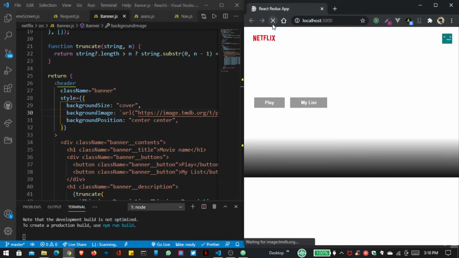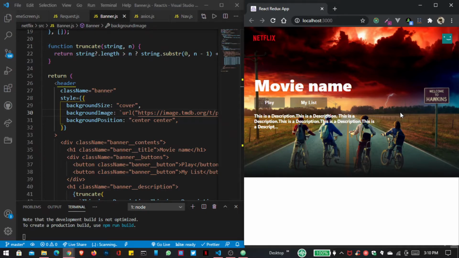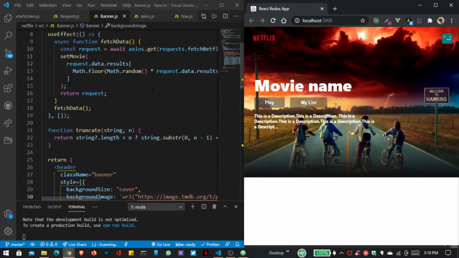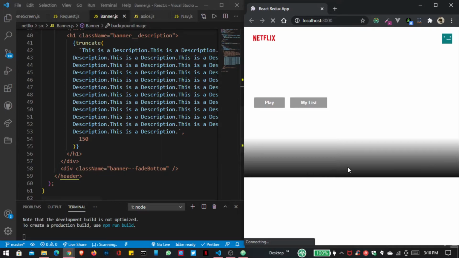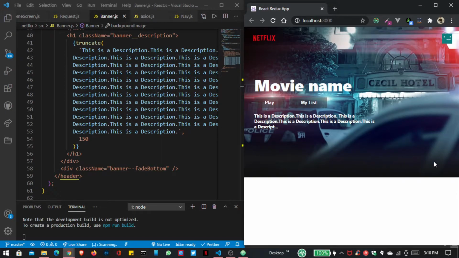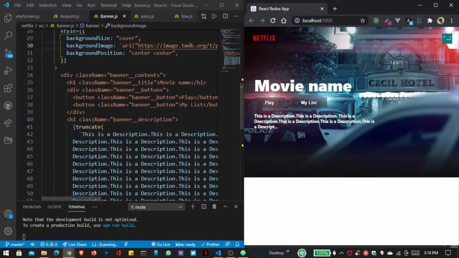Whenever I refresh we will get a new image, you can see, and here there is some black div because remember inside our banner.js we apply this empty div banner fade bottom, so you can see there is like some black div. And now again go inside our